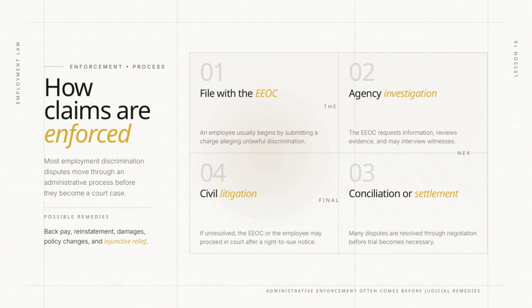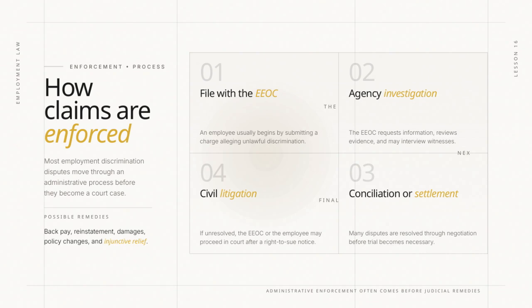Either the EEOC or the employee can file a lawsuit after the EEOC issues a right to sue notice. Judicial remedies become the final avenue to seek justice if administrative measures don't bring a resolution. It's important to note that enforcement through administrative agencies like the EEOC is often a prerequisite before moving to judicial